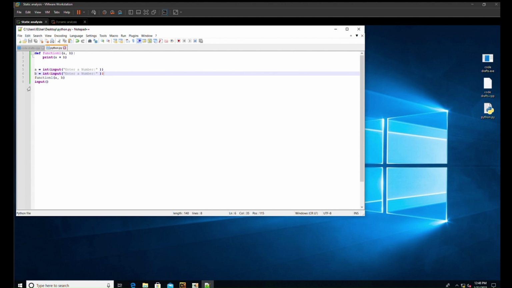Anyway, what we have here is an incredibly basic Python script. All it does is take two numbers that it's going to ask of us, so input, and I've made them integers because if you don't, Python interprets them as strings. So if you put 9 and 9 in as A and B, you'll end up getting 99 as a result. So what's happening is it takes two inputs, and passes them to function 1,